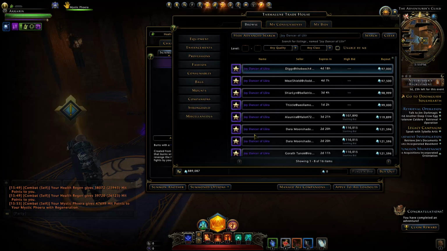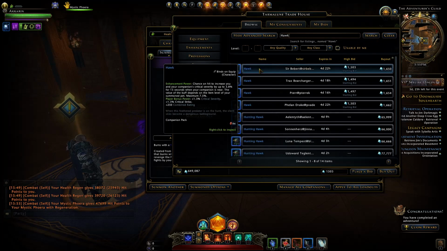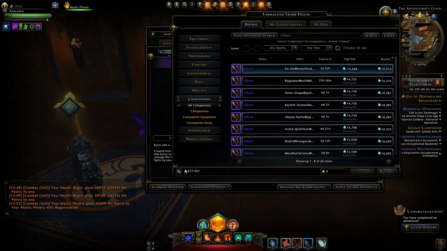Nearly 100,000 astral diamonds, yes. Then the Deep Crow, nearly 150,000 astral diamonds. Then the Hawk at just under 2,000. Then the Red Cap at about 15,000. And Lilend at 16,000. Now, what I would recommend, instead of getting the Red Cap, you might want to get